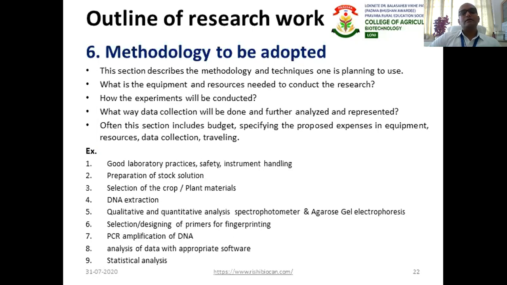Then you can write preparation of stock solution in short, selection of raw plant material, then DNA extraction, what kind of method you will use in DNA extraction, then qualitative and quantitative analysis of the DNA, then selection and designing of the primer, then PCR amplification, then analysis of data with appropriate software and statistical analysis. So these are the methods you are going to use in your research work.